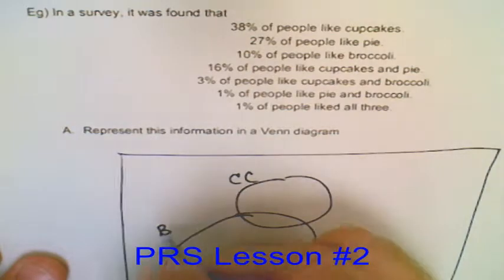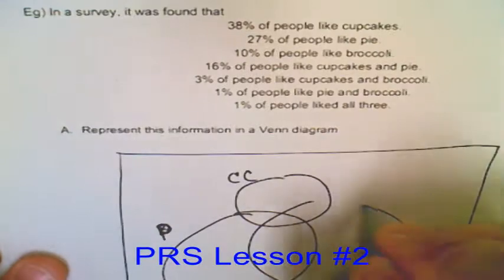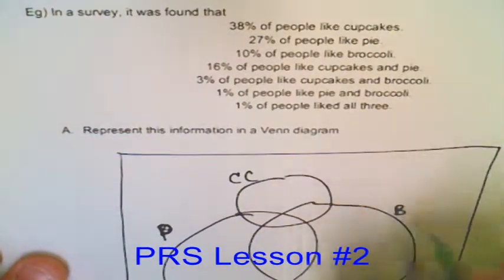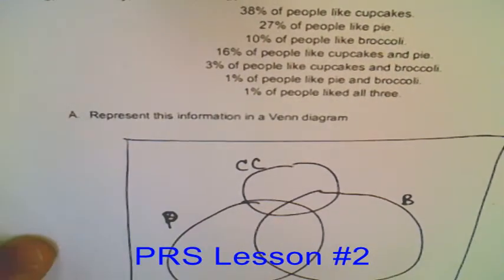And so on and so forth. And that's how you do it. Okay? So sometimes you have to build your Venn diagram. Okay? If I look at this next one here, sometimes you have to build it, and there are three